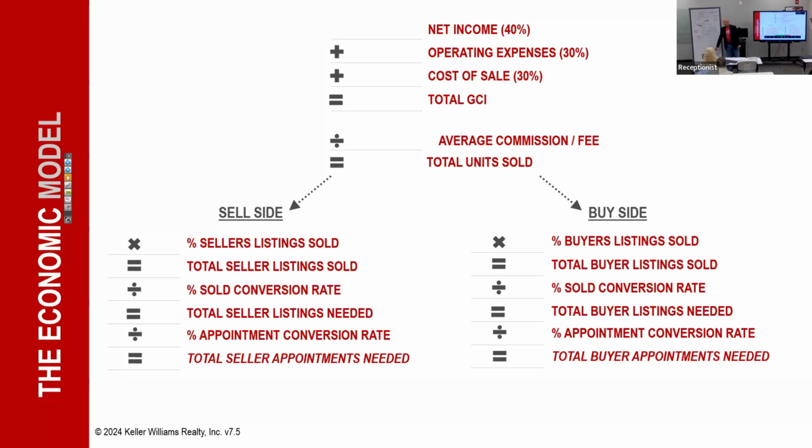Average commission of 350, which is your average price. That's actually just shy of 3%. So you could use 3%, or you could use 4% if you're charging 4%, or you can use 1%. But 1% is going to be a lower number, which is going to mean more houses.